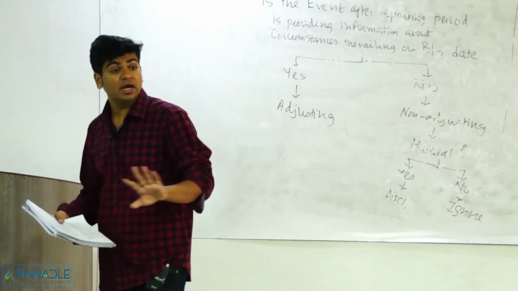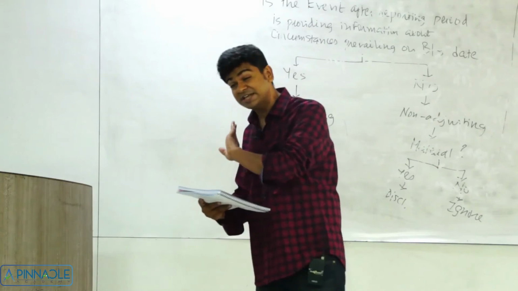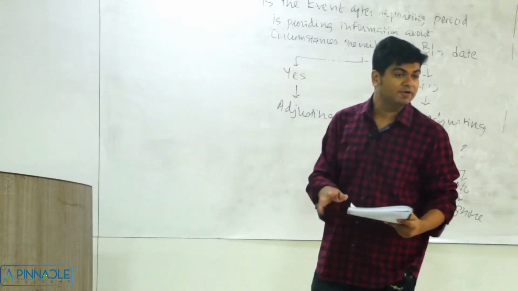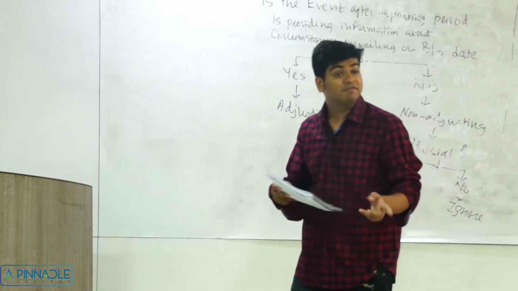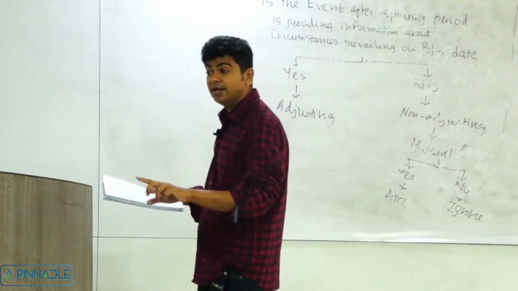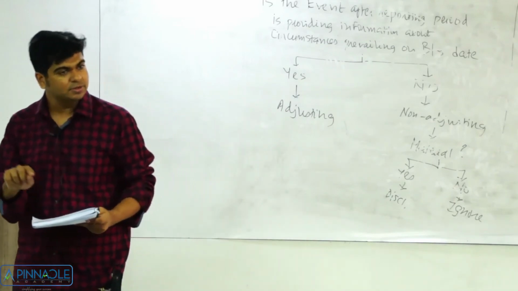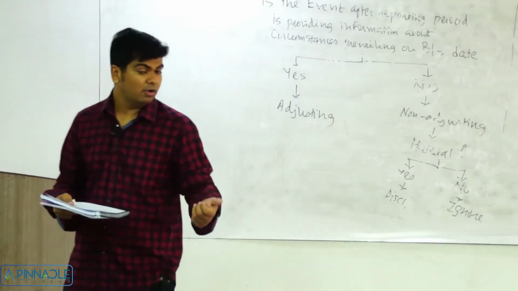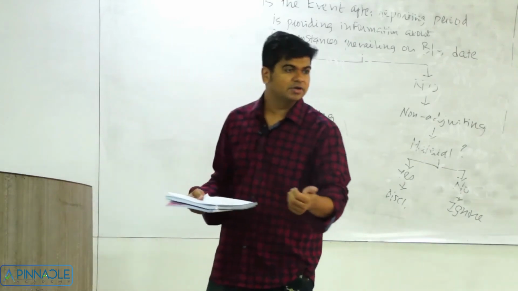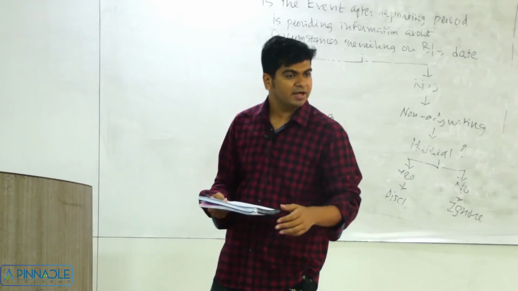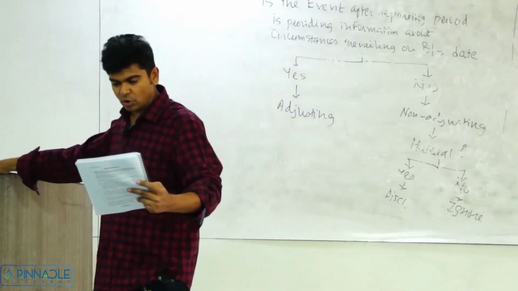See, I do agree with the counter argument that you cannot all of a sudden go for merger. Negotiations definitely is happening on 31st March 18. Still, I cannot give the effect of the merger. The effect of merger will be given by the Ind AS which governs that merger. And that Ind AS is Ind AS 103. Or in our existing AS format, it is Accounting Standard 14. Both are clear. Effect can be given only on acquisition date. So I have to consider it as non-adjusting.